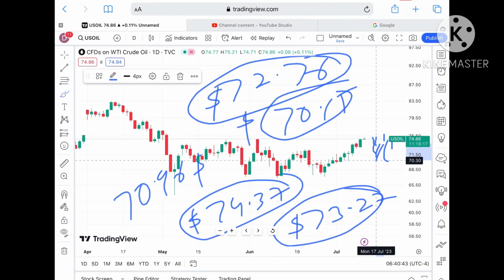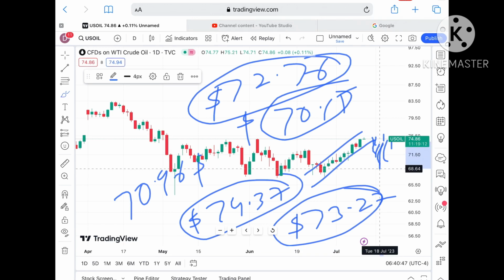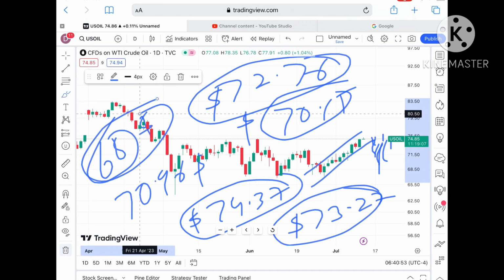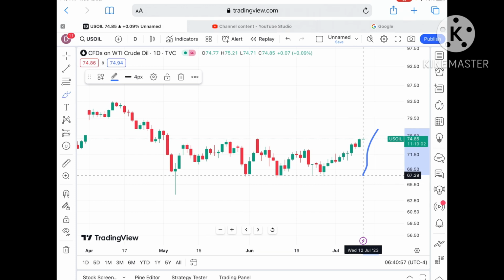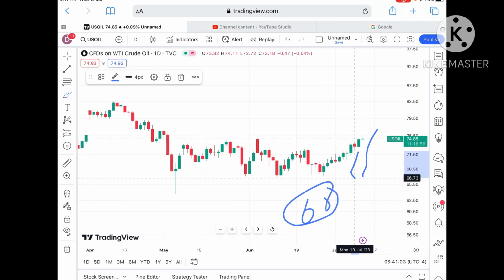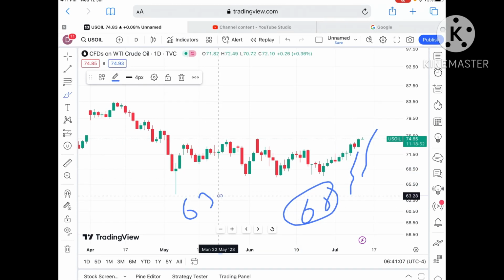Okay, now once the price falls below 70.15, then you can say it can fall further down, and a probability of going towards 68 is there. Okay, now once the price falls below $68, chances are very high it can go further low, and once it moves below this particular level of 68, a probability of going towards 67 will be there, and once it falls below that level, we can see it can touch a level of